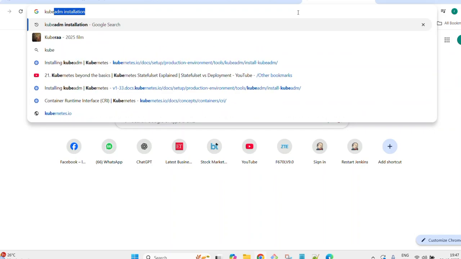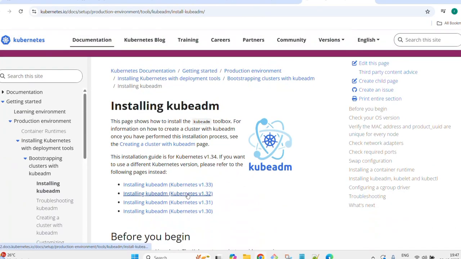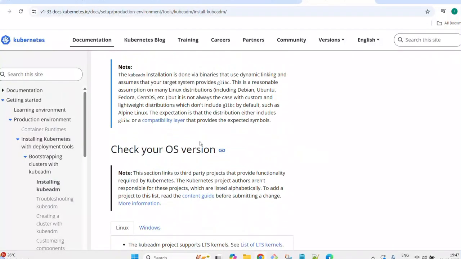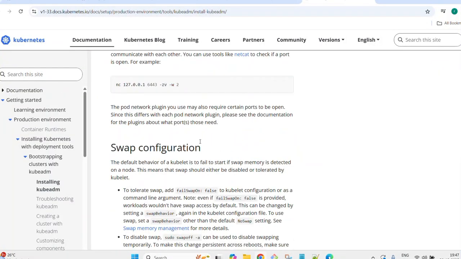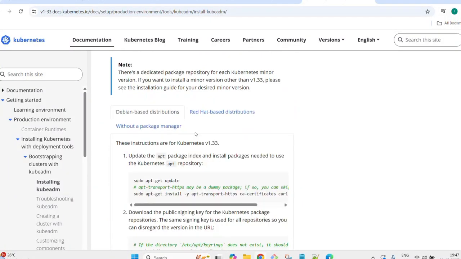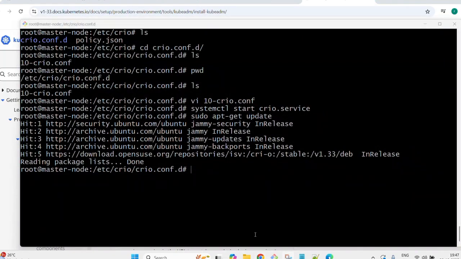After that you have to install the kubeadm package. For that, this is the official website, and now I am installing version v1.33. If you scroll down, you will get the commands for installation of packages on your machine. In the worker